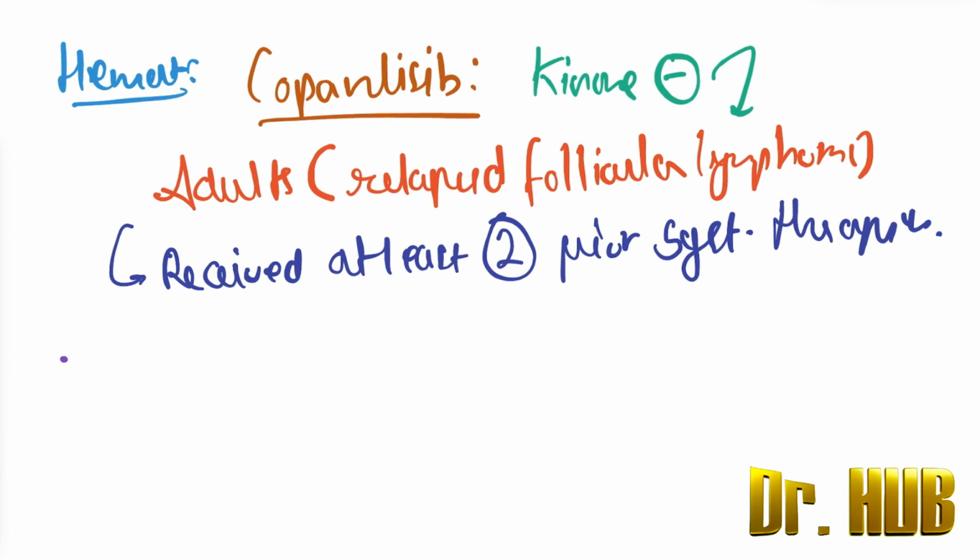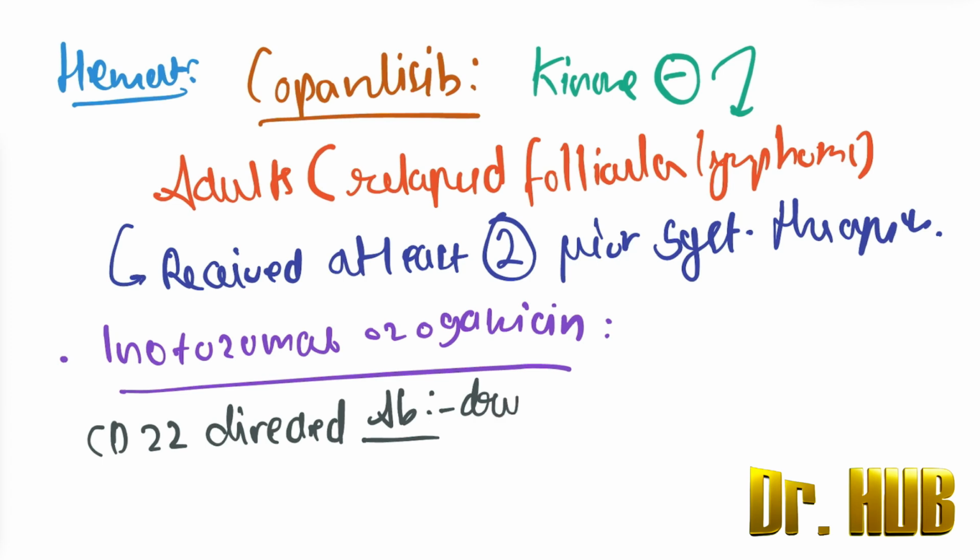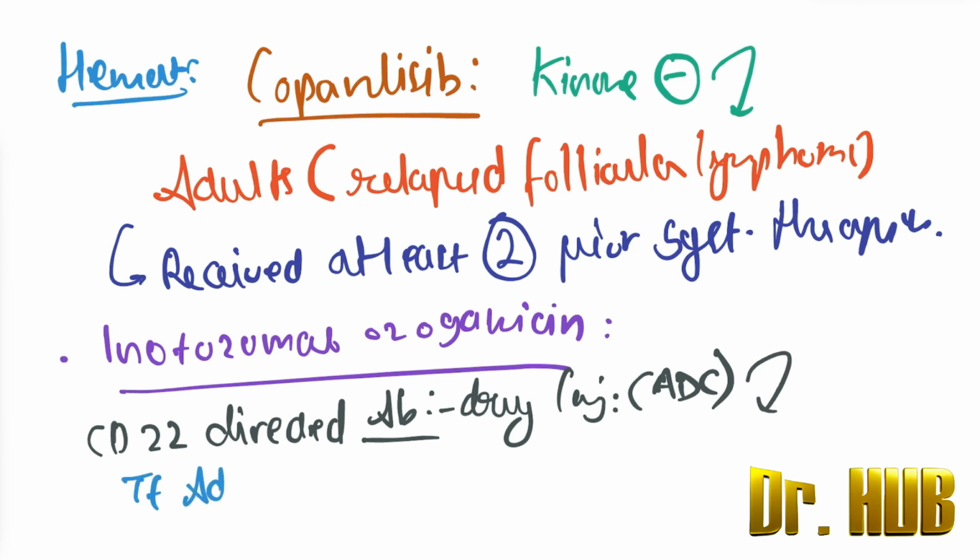Next we move on to the drug inotuzumab ozogamicin. It is a CD22 directed antibody drug conjugate, so it is nothing but the ADC, and it is used to treat adults